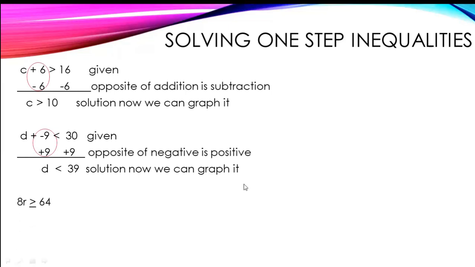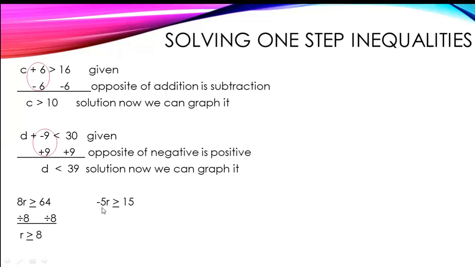Let's do one more. Look at this: 8r is greater than or equal to 64. Here 8 is multiplying. When you send it to the other side, it will divide. So when you divide, r is greater than or equal to 8. But the same sign we copied. Why? Because you did not send any negative number to the other side. 8 is already positive, multiplying with r, so when I send it to the other side, it will divide.